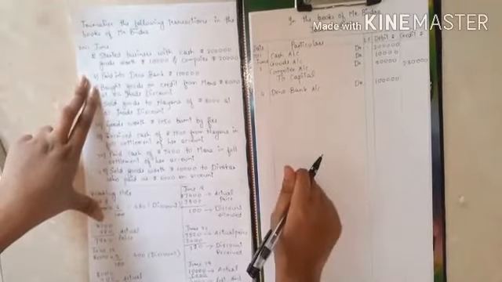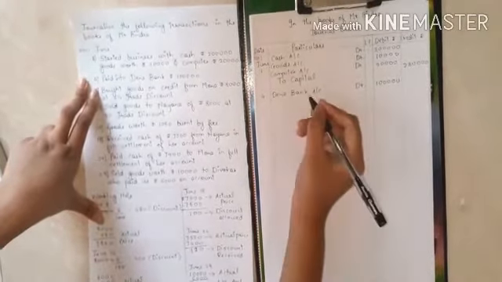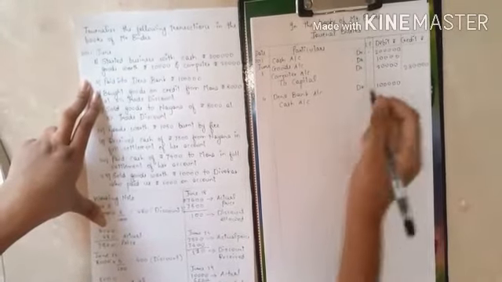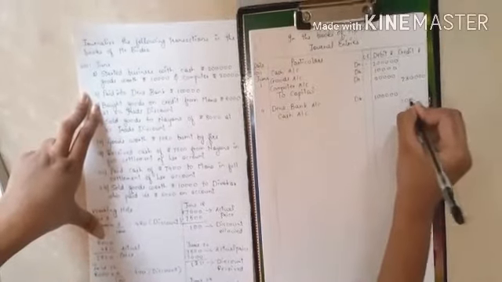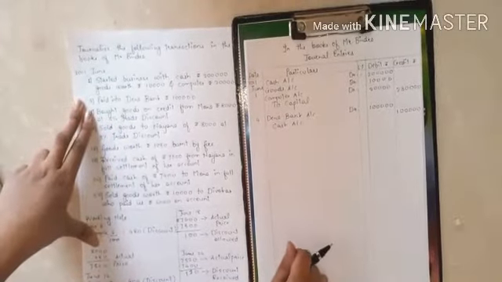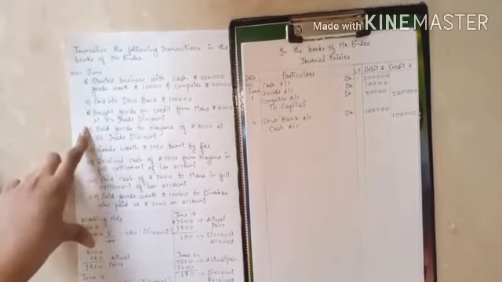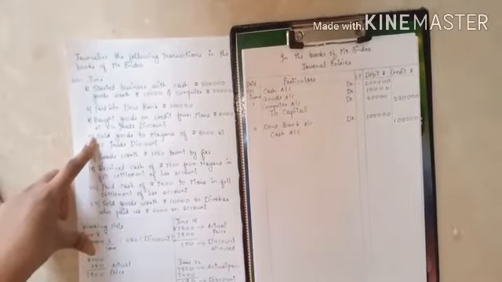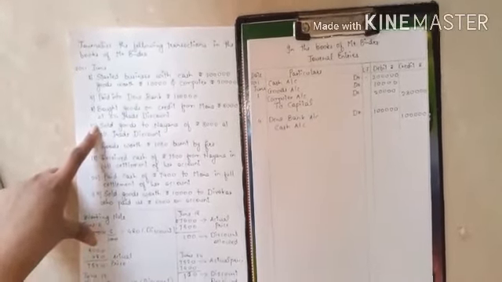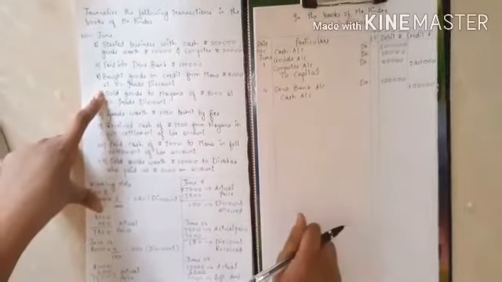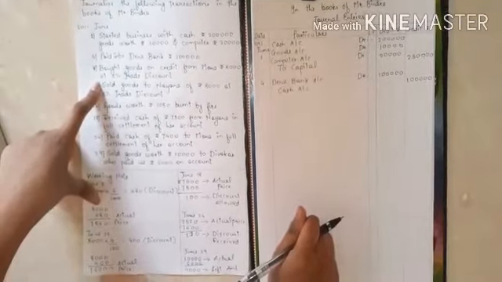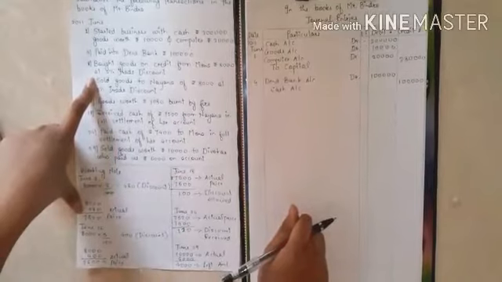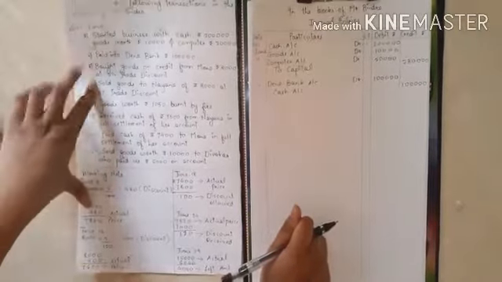And what we have paid to Dena Bank? Of course cash. So cash account is going to get the credit effect. Credit what goes out. How much? 1 lakh. Okay. This is how the second transaction also works. Next. Bought goods on credit from Mona rupees 8,000 at 6% trade discount. Now here we have to write down the actual amount of goods that we bought from Mona. That is 7,520 is the actual price of the goods we bought from Mona.